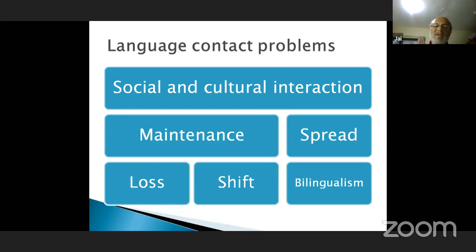For example, the dominant language normally suppresses the minority languages. If you move from one place to another, either you have to assimilate with the language or you have to shift. And then the language spread, how the language spreads and how it dies. And the same is the case with bilingualism. Our society is multilingual, even in a small community bilingualism exists, and there is always a problem of